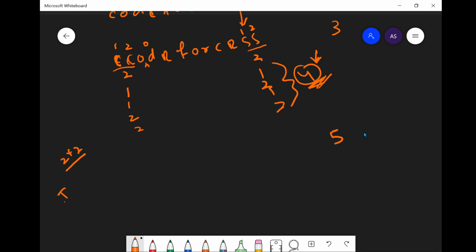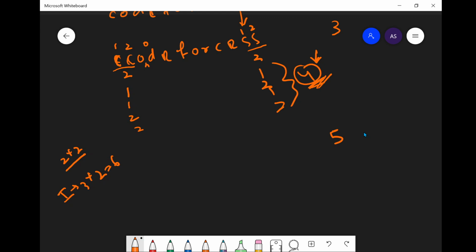In the first case where we increment either C or S, the number of Codeforces we would be able to extract would be, so here we would be having 3 C's and 2 S. Suppose we increase 1 C here, so that would be 3 into 2. Similarly, we can calculate it would be 3 into 2. So this would be 6.